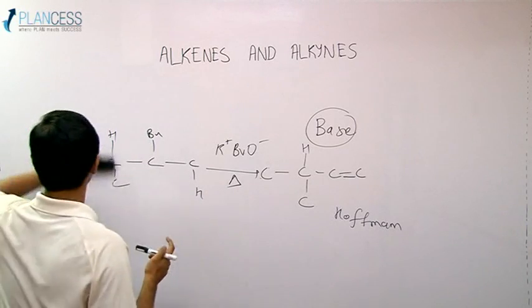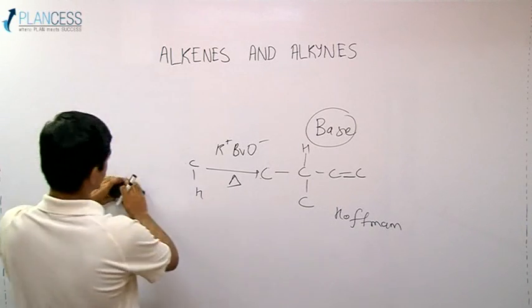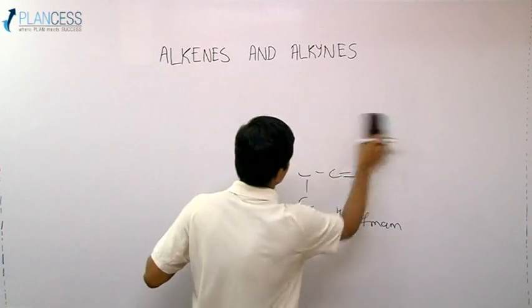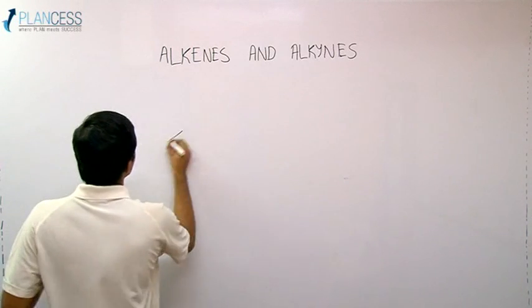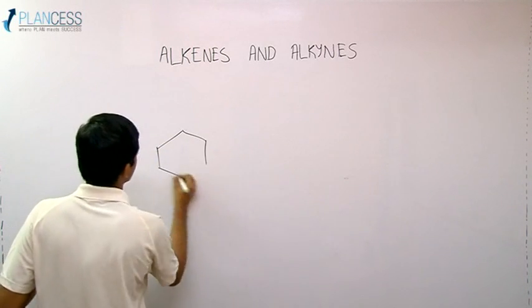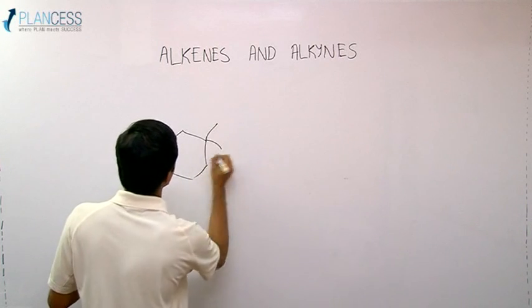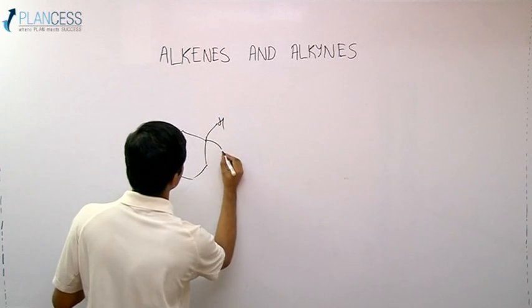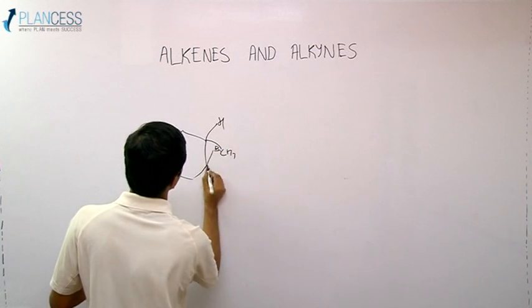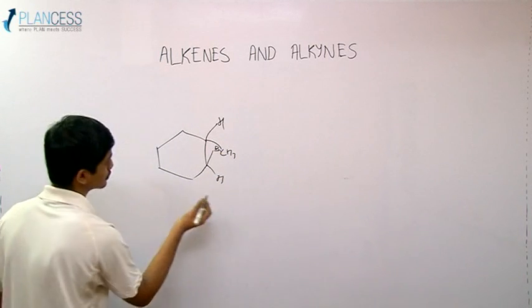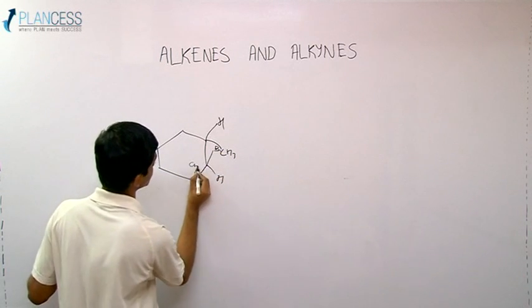We can also consider one example if you like. Let us see this one. If we have something here and we have this hydrogen, CH3, Br, hydrogen, something, CH3,